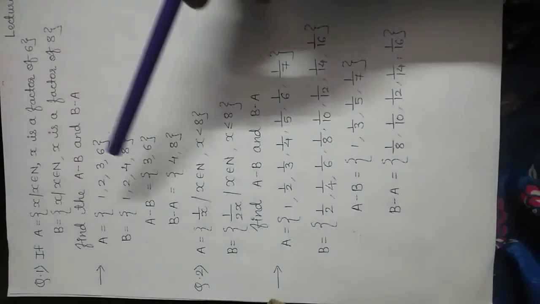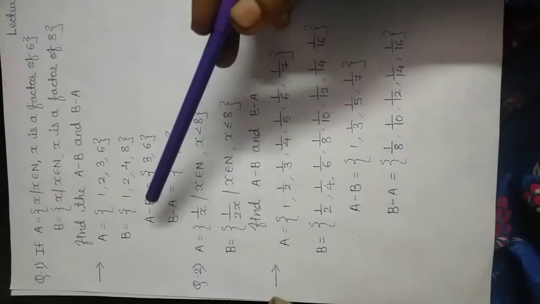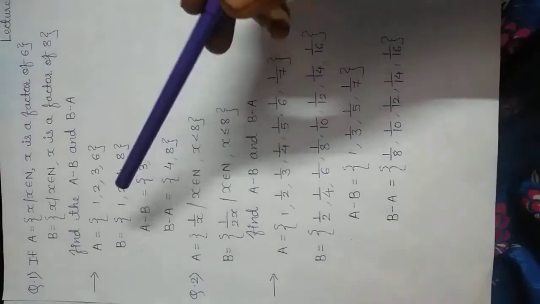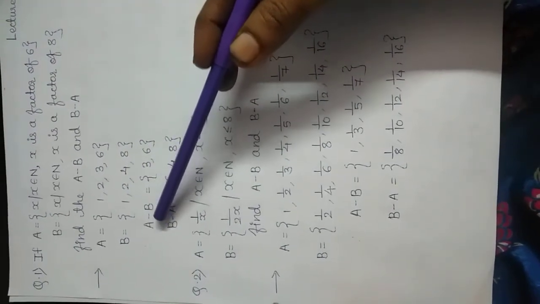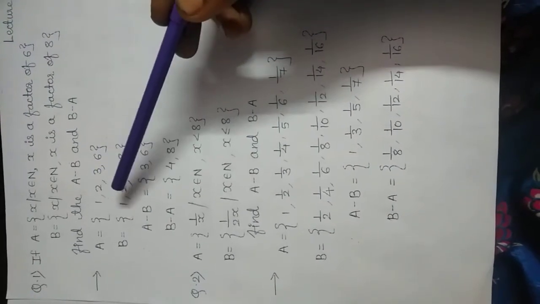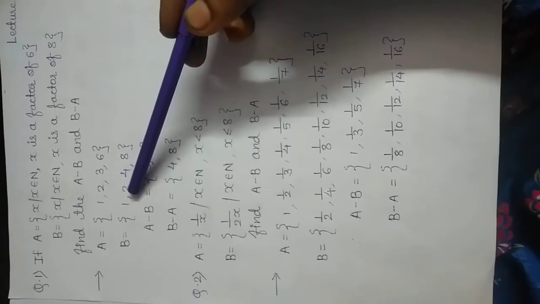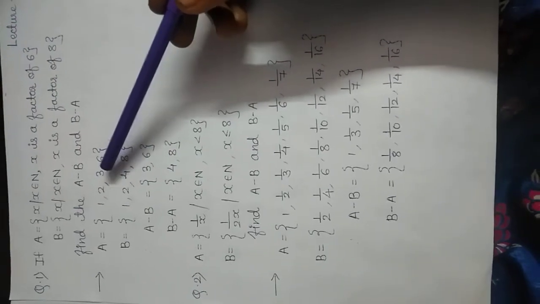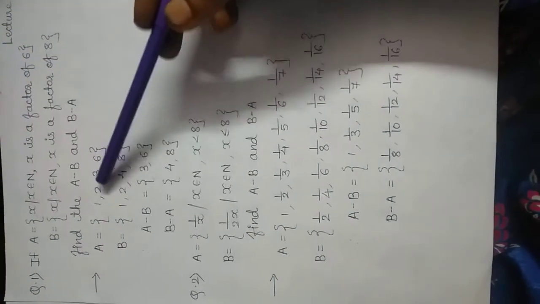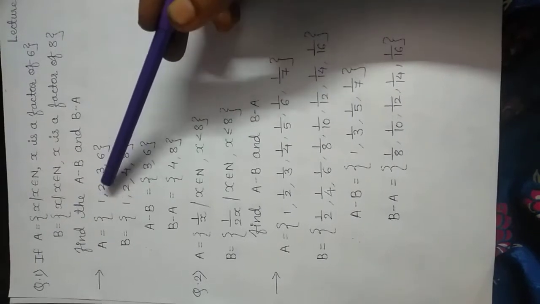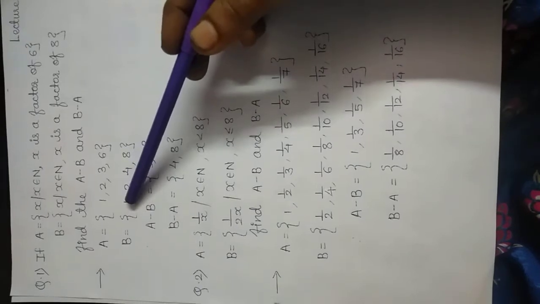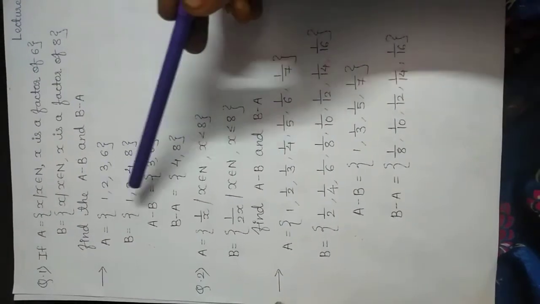So now we can easily find the difference between two sets. So A minus B is equal to. Now yesterday we learned how to find A minus B. So from set A, we are going to remove all the elements of set B which are present, and the remaining elements we will write as an answer. So see here, in set A we have 1, 2, 3, 6, these 4 elements, and in B we have 1. So we will remove this 1, then 2.